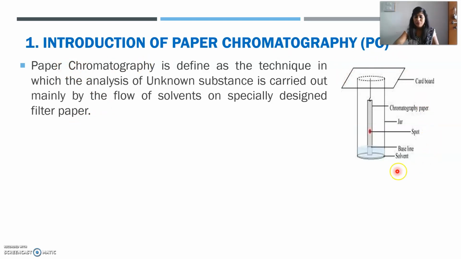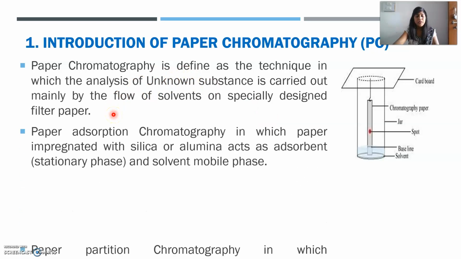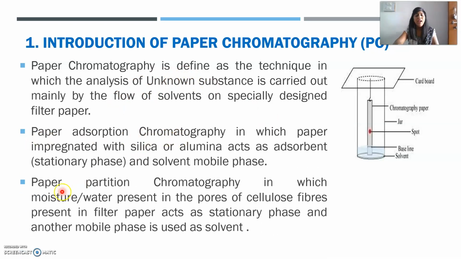This is a typical diagrammatic representation of paper chromatography, where in a jar, or you can also call it a chromatographic chamber, a chromatographic paper is fixed. At the base there is a mobile phase that is called a solvent, and above this mobile phase a chromatographic paper is fixed. From the bottom, at 2 centimeters, the sample has been spotted, and it is run in this chromatographic chamber by closing the chamber with a glass slide, or you can utilize a cardboard to close this jar. And this chromatographic technique is again categorized under two categories, that is paper absorption chromatography and paper